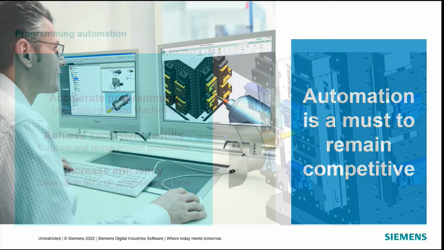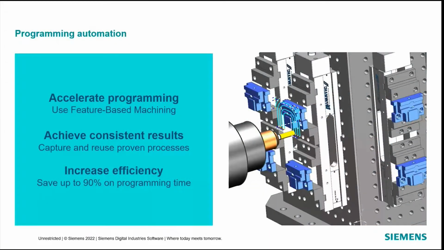While we dive a little deeper here, we're really talking about program automation with feature-based machining. There are quite a few other methods of automation inside of NX beyond toolpath automation. There are many other capabilities, like templates or repeatable processes, automation of machine setup, and automation of assemblies. If it's a repeatable job, you can just drop that job into a template, and all you have to do is select the new geometry, and all your methods, your tooling, everything comes into place.